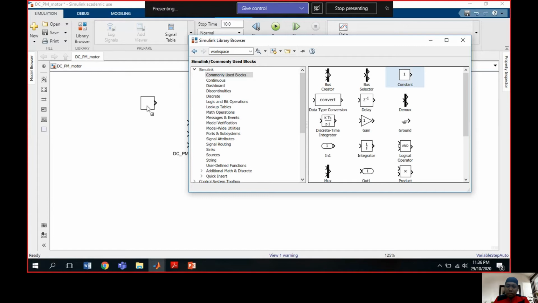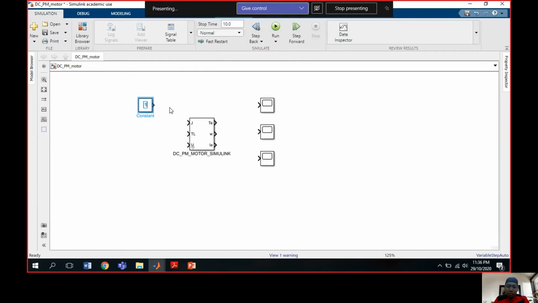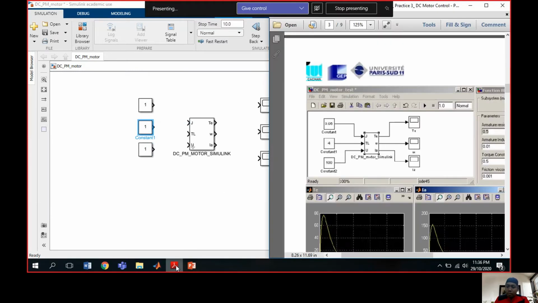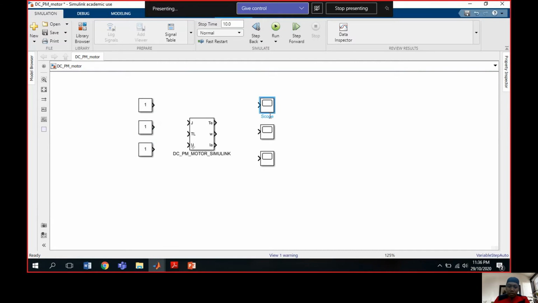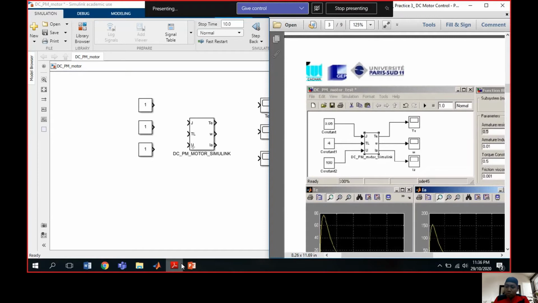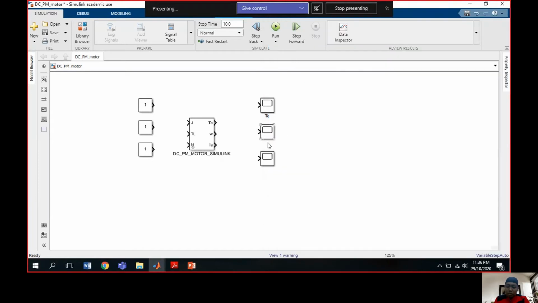This is constant one, constant two, and constant three. Then I will label the scopes: scope 1 is TE, scope 2 is W, and scope 3 is LA.